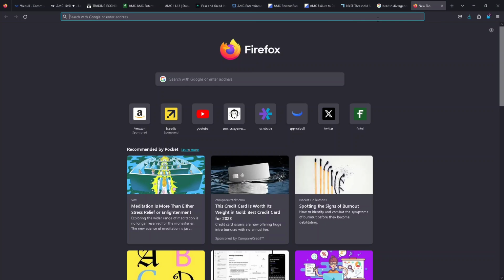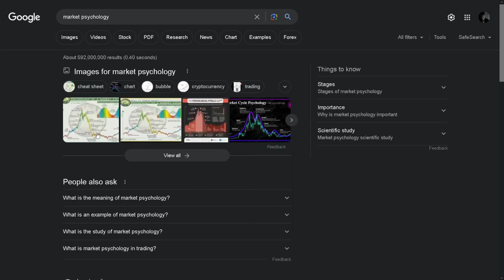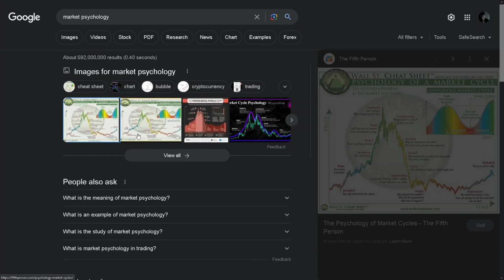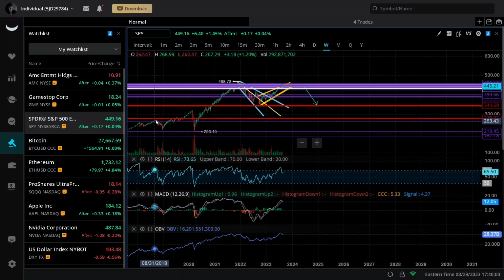Again, if you are new to the channel, I'll quickly go over it. If you look at the market cycles in psychology, you will see that it is almost an exact carbon copy of what the S&P 500 and NASDAQ are doing. It goes up and then goes parabolic into a euphoria rally, drops down, and then you see this upwards consolidation chop, which is the complacency stage, which drops down into capitulation. Now, if you look, you can see that it's going up, then it goes parabolic, it drops down into the complacency stage.